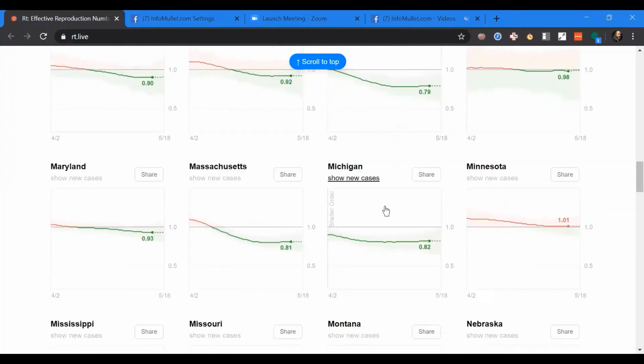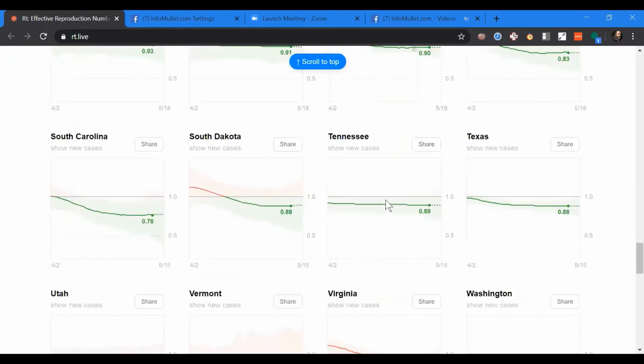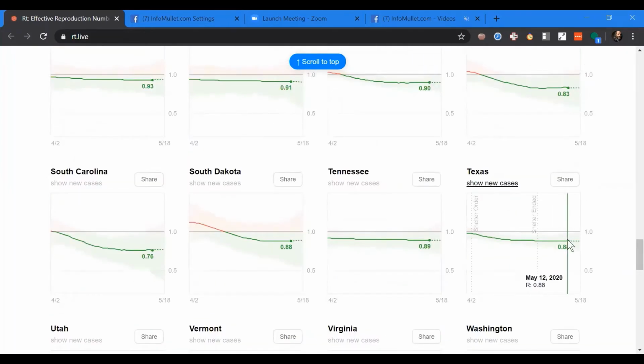So for example, Texas. Texas has been in the news recently. Scroll down here. You can see that its R value is 0.8. That's good. And you say, okay, its R value is low. That's good. But if you show new cases, look at this. Its new cases are gradually rising. This is why you want to look at multiple pieces of information. R value may say, well, it's low technically, but its new cases are rising. That tells you that the R value may start increasing again.